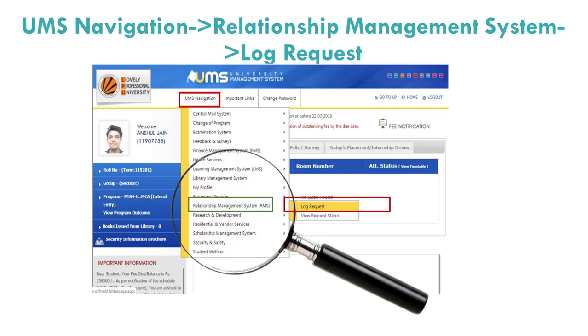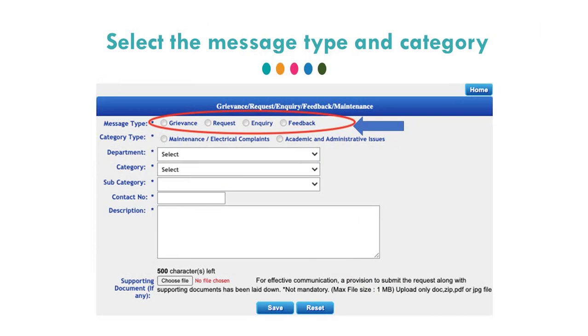After clicking on Relationship Management System, there are two options, Log Request and View Request Status. So if you are logging your RMS request for the first time, click on Log Request button. As soon as you click on the Log Request button, this is the next interface which comes. In this interface, it will ask you to select the type of query you want to raise. Now, your query can be a grievance, a request, an inquiry, or feedback that you want to ask from any